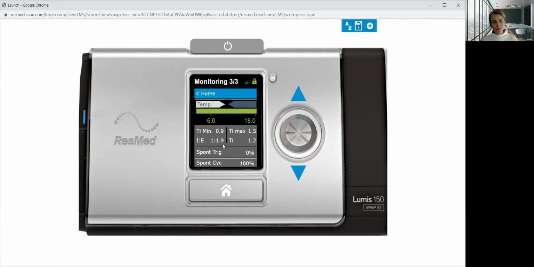The inspiration-to-expiration ratio here is 1.19, which is a very good indicator. The only thing that concerns me in this simulator is that the spontaneous inspiratory trigger is 0. Because of that, if this is a real situation where the spontaneous trigger is low,